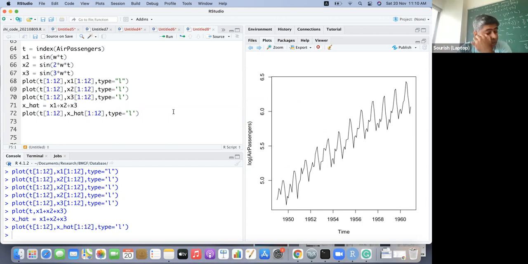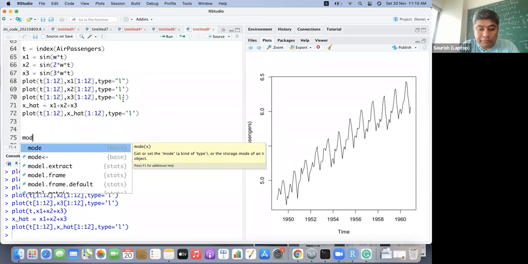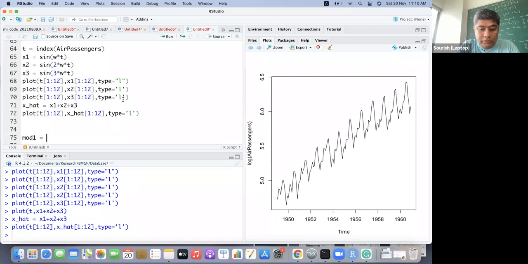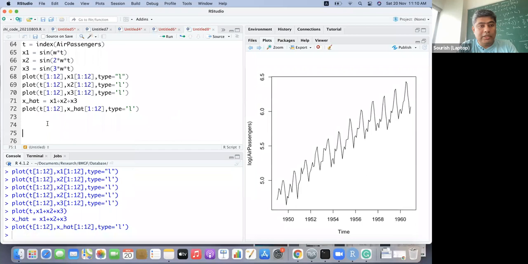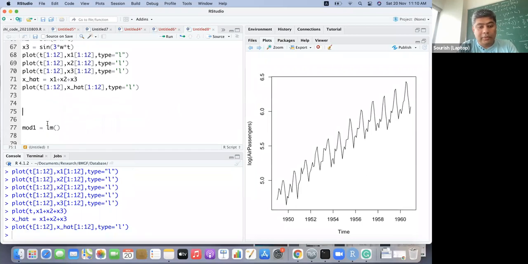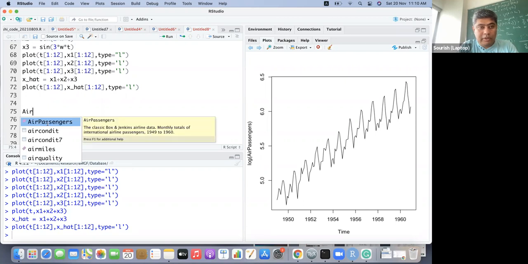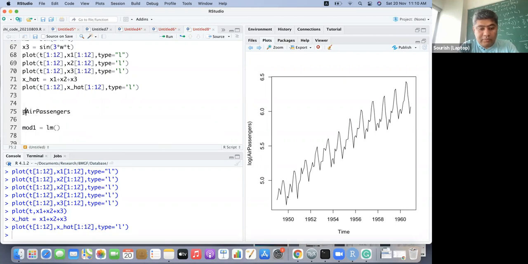So one quick way of doing it, first thing we would like to do is a time series model. Probably the easiest way of doing it, I think, is to take the air passenger data and model it as a data frame.